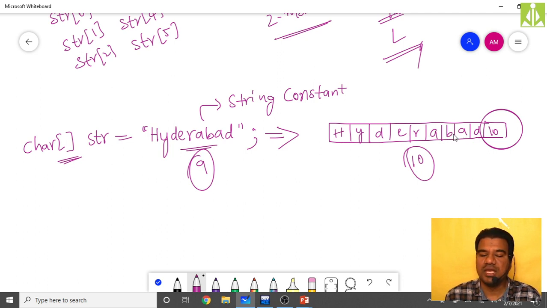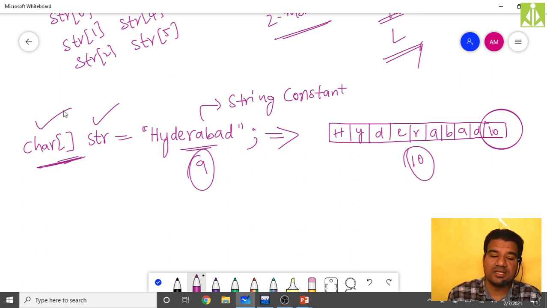The last character will be the null character. And how are we declaring it, giving the name like this? How are we specifying the type? The string type should be like this, remember. And when you are not specifying the size, there only you have to initialize the string. Doing like this is an error.